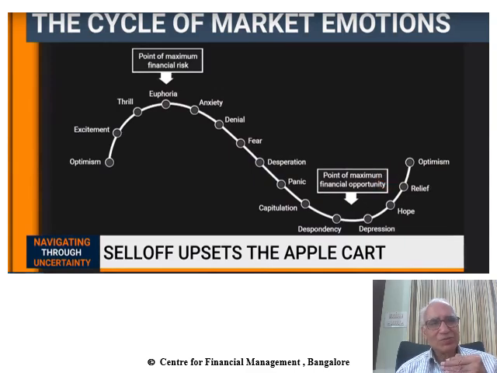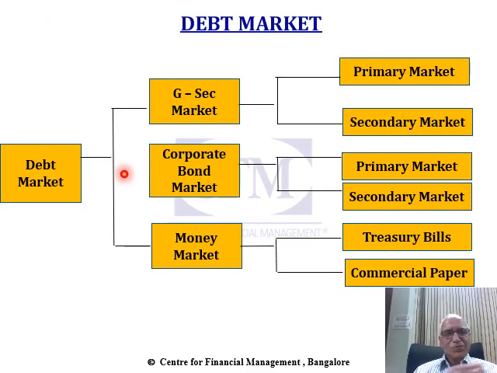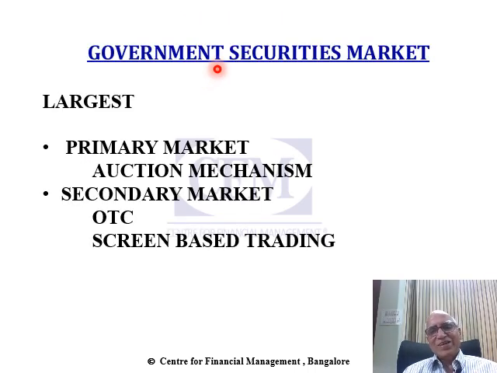There are three segments of the debt market: government securities market. This is the market for dated government securities, that is government securities which have an initial maturity of 2 years or more. Corporate bond market: there is a market for bonds issued by corporates. Money market is the market for short-term debt instruments such as treasury bills issued by Government of India and commercial paper issued by corporates. Government securities market understandably is the largest segment of the debt market, accounting for 2/3 of